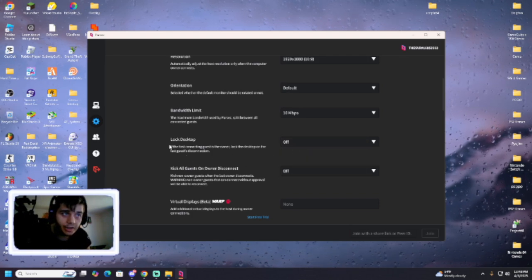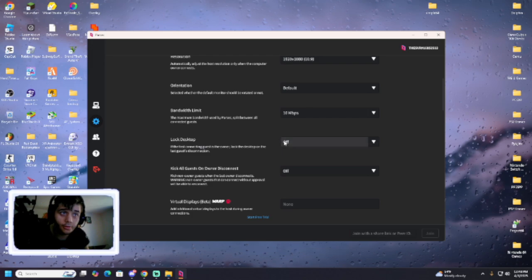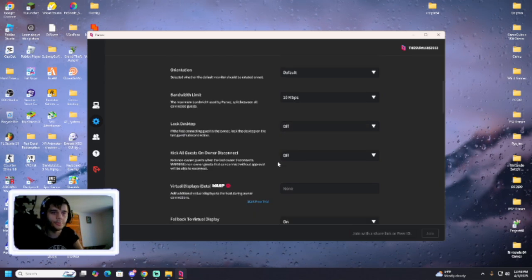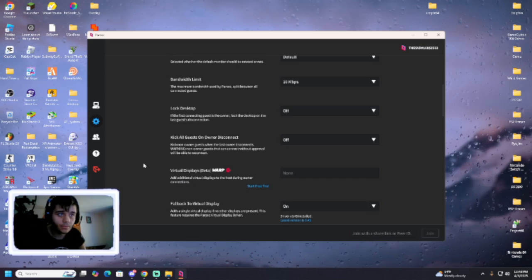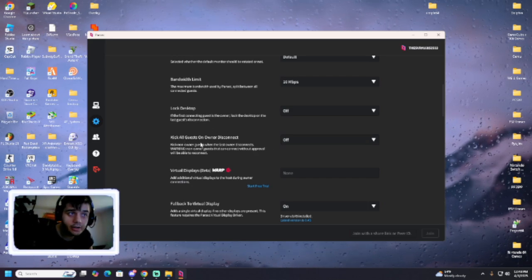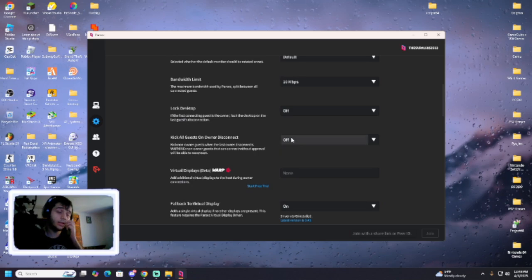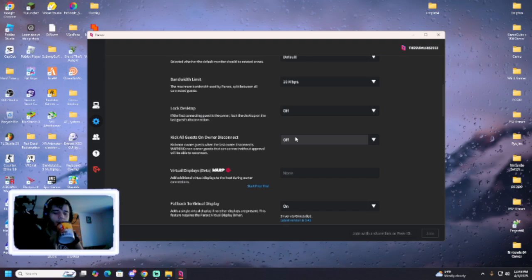these things right there. If the first connecting guest is the owner, lock the desktop on the last guest of this connection. If you want to turn it on, turn it on. If you want to turn it off, turn it off. So you don't get some trouble with that. Kick all guests on owner disconnect. What does it do? It means you're kicking all the people that were joining your entire stream. So there can only be access to me if they are giving some approval, not doing some dumb stuff